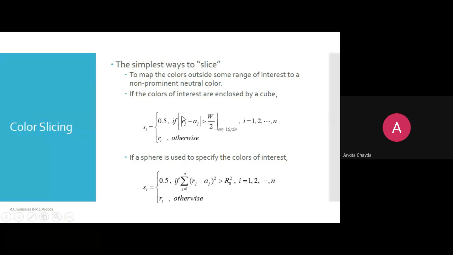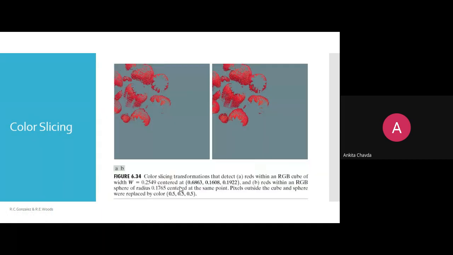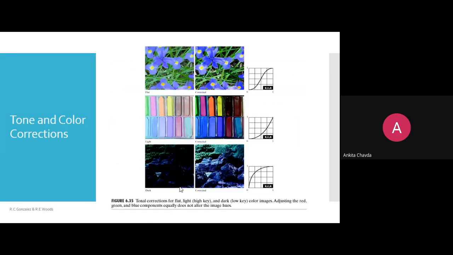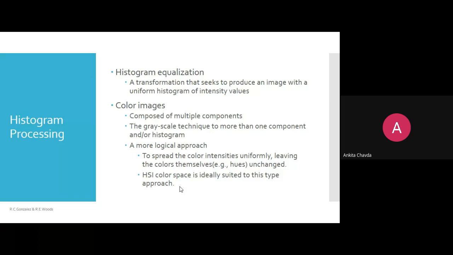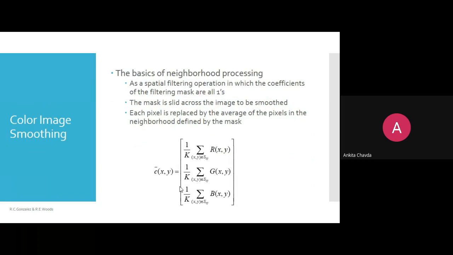Then this intensity minus this Aj value, whatever the fixed values, that will again be the vector. But I'll explain that to you next time because we won't be able to finish it. That only I'll tell you next time. This sphere also, because this is a connected topic. All of these are connected. Here we will have tone and color correction. The last thing is almost histogram processing. Then smoothing, sharpening, and then it's over.